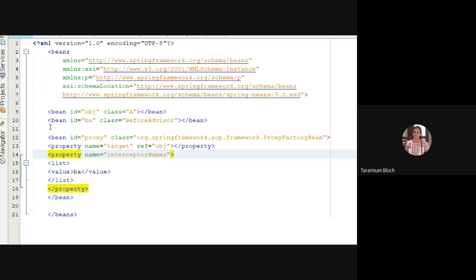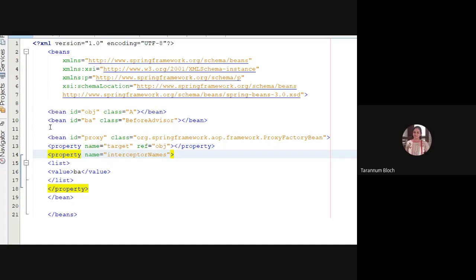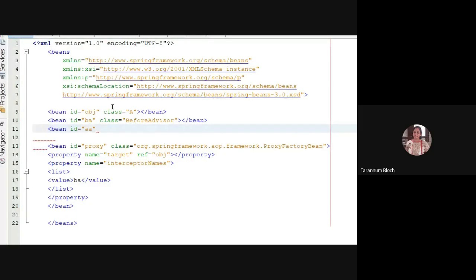So we said the property name is interceptorNames, and we are giving the list. It could be multiple also many times. Right now we have only BeforeAdvisor. Suppose you have implemented one more class, which is AfterAdvisor. So you can give an id, and you can create a class AfterAdvisor, which will be executed after the method of the main bean, or aspect A, has been executed.